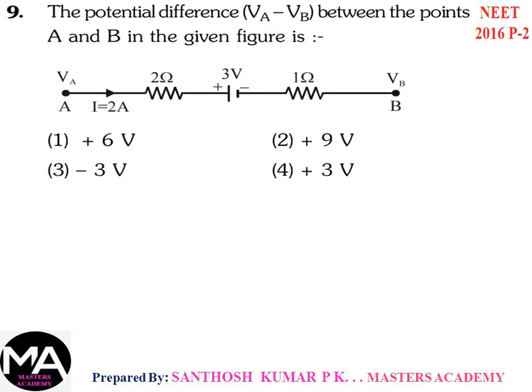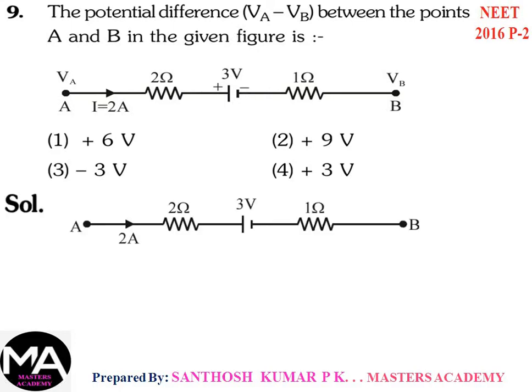Next question. It is from NEET 2016 phase 2. The potential difference VA minus VB between the points A and B in the given figure is... Here you are having two points A and B. Between them you are having two resistors in series, connected along with a battery of EMF 3